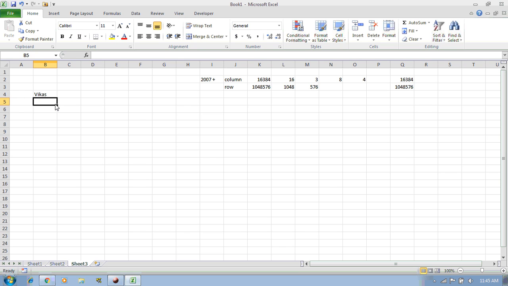For example, it is 1st Jan 1987, and as I typed the 87, I pressed Enter. You can see that the date has been added to the B5 cell here.